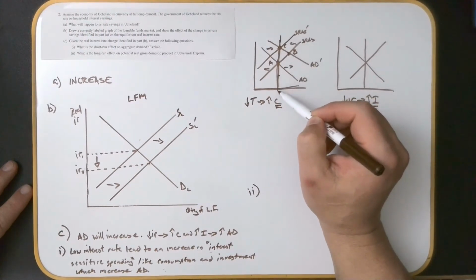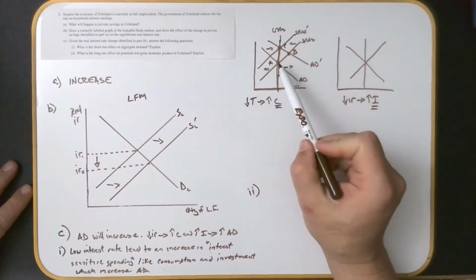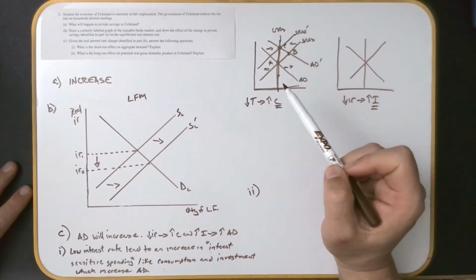It's right here. That's how big it is. That's my long-run aggregate supply. The economy didn't get big. It just got hot for a little bit, and now it's back. But when it's